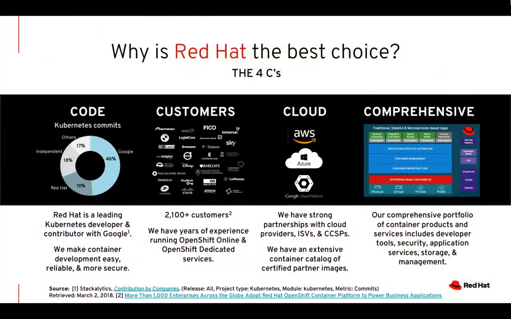Why Red Hat is the best choice? Again, I just want to highlight that in terms of code, we are the second largest contributor to Kubernetes. We are driving the architecture of Kubernetes, which is the API of the modern cloud. We have the best experience with Kubernetes, and our engineers and all our Red Hat technologists are working on developing features and capabilities, and we are bringing new features into Kubernetes day after day